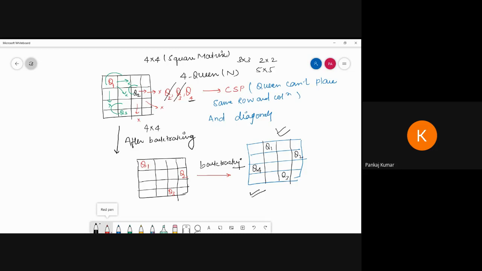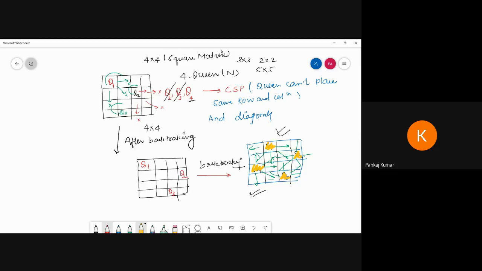Now see, each and everywhere we can match this one. Not present, not present, not present, not present, not present. Same here, no. Same here, no. So these are the positions where we can represent the queen due to the backtracking. This yellow color is mentioned that the queens are placed. Okay, so that is the scenario.